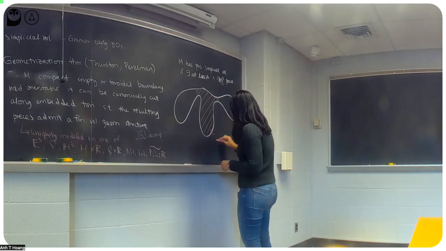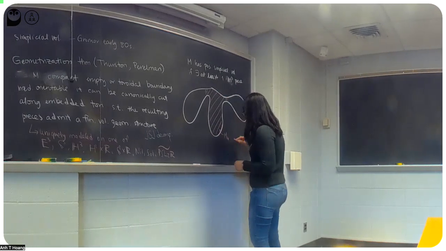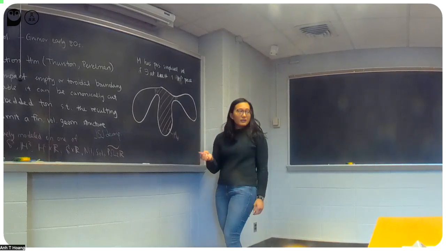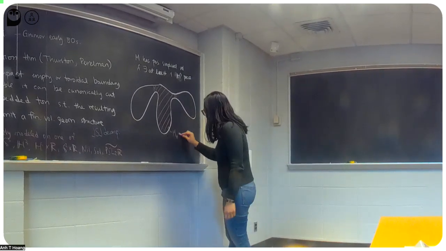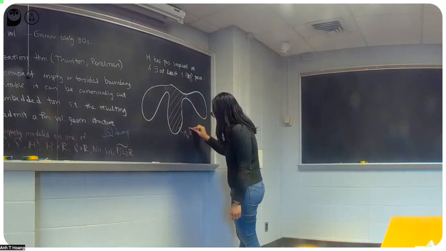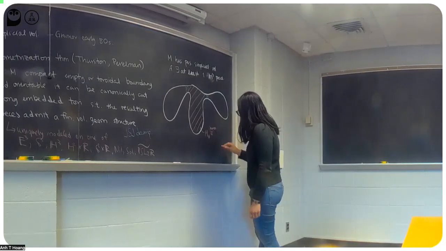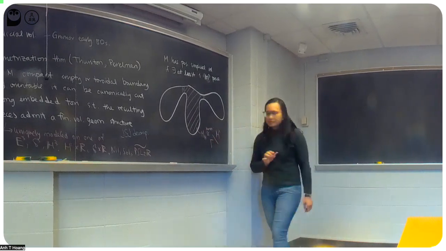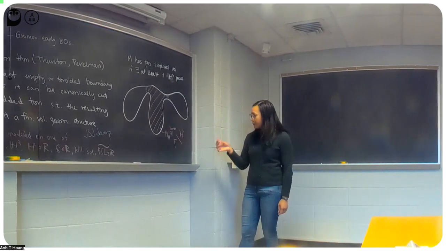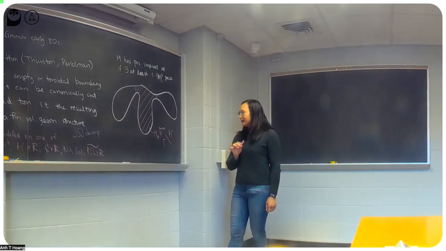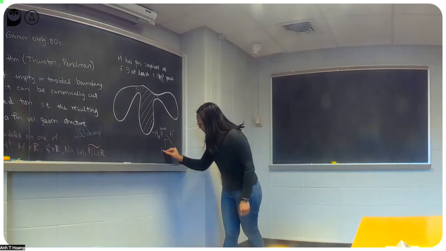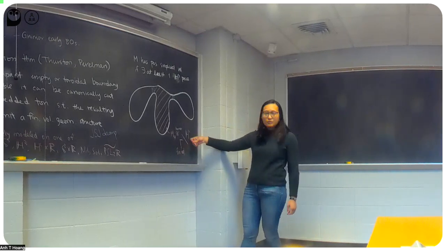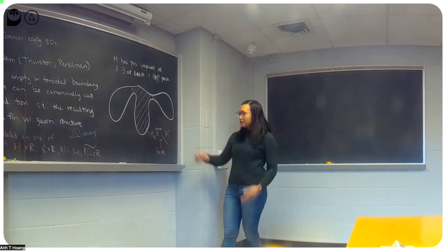So this piece, I'm going to call it NH, H for hyperbolic. This is going to admit a hyperbolic structure. So what that means is that it's homeomorphic to a quotient of H3 by some group that acts by isometries properly and discontinuously. And this has finite volume. And here, when I talk about volume, this is the volume that's induced from the hyperbolic metric. So that can be true.